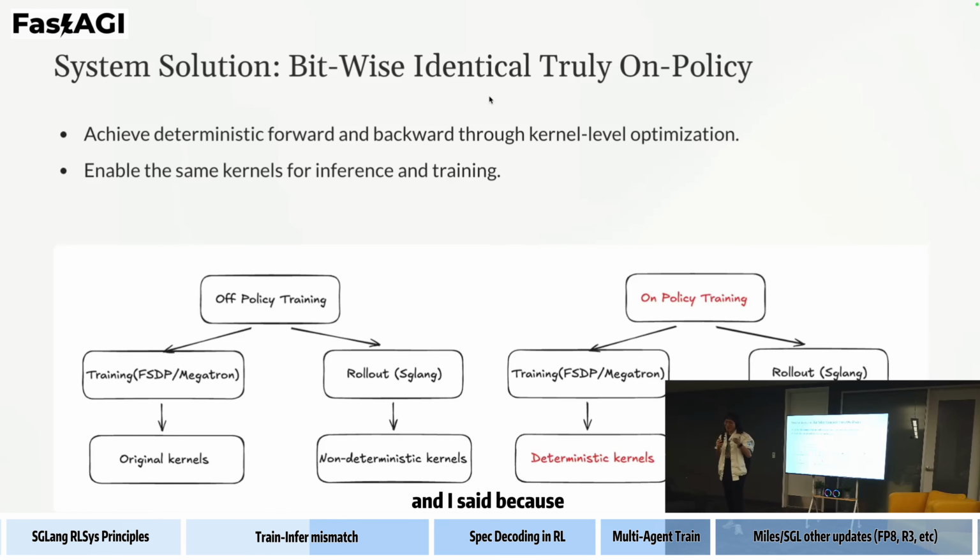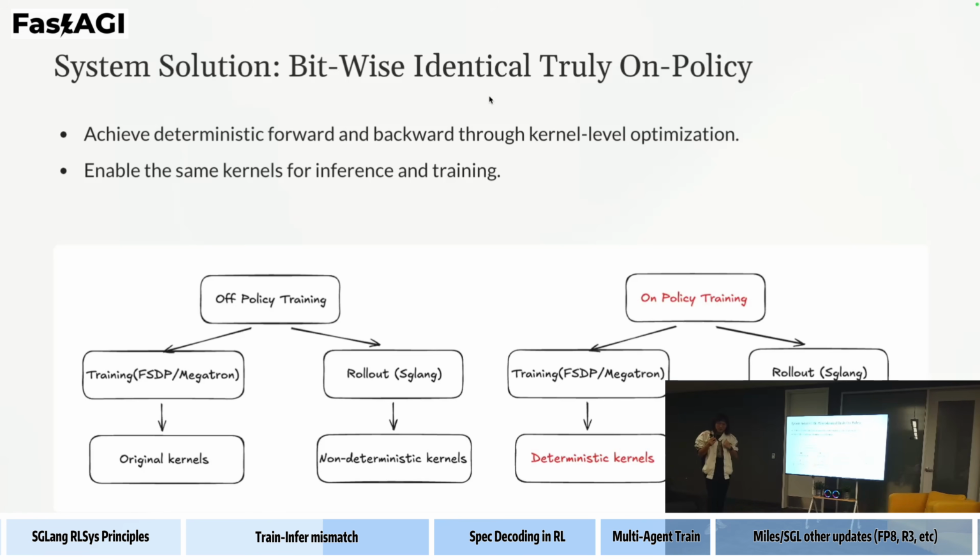As I said, we change a lot of things like the kernels and the parallelism strategies. So this actually makes your training quite slow, because if you use the same thing for training and inference, either training or inference will be slow. And another killer is that MoE models are much more complex, since you have things like routing, even EP, or you want to enable a much more complex parallelism strategy.